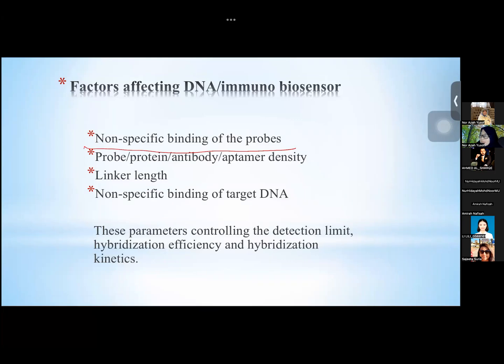Imagine the DNA. Remember the probe DNA that we have obtained, which now has a sequence specific to certain other DNA that we target. Let's say dengue virus DNA. So this one is a specific probe, a specific DNA probe. Now, if you imagine